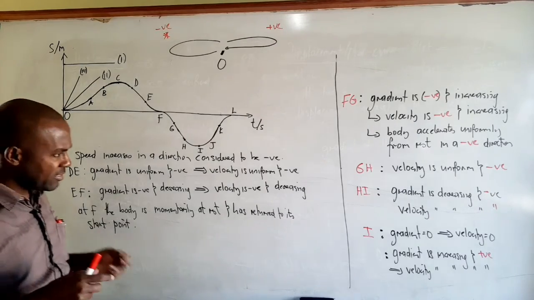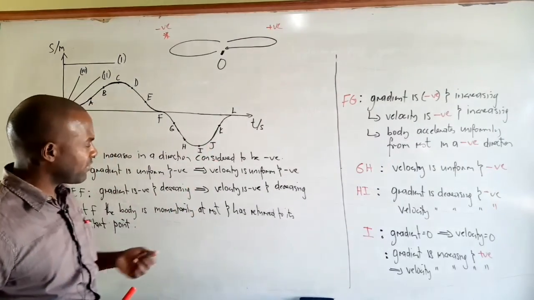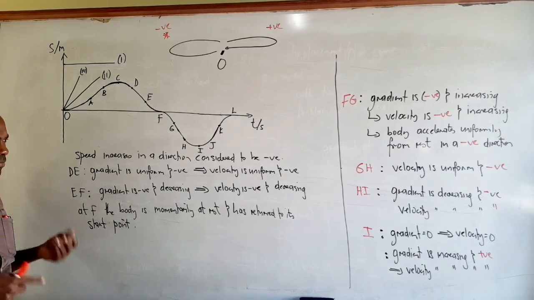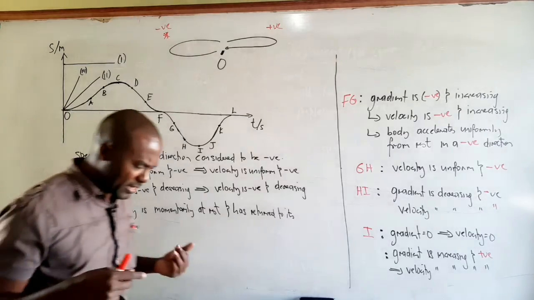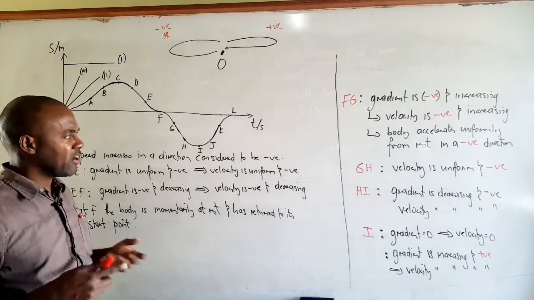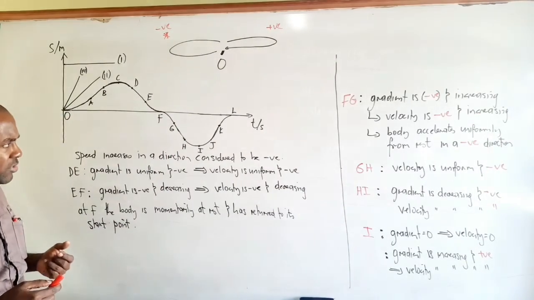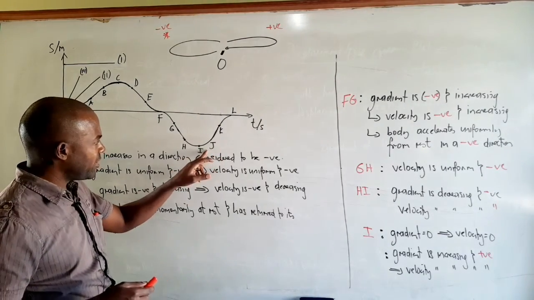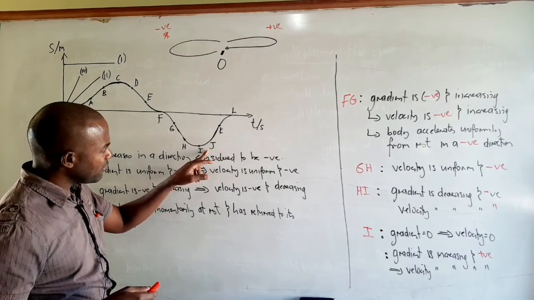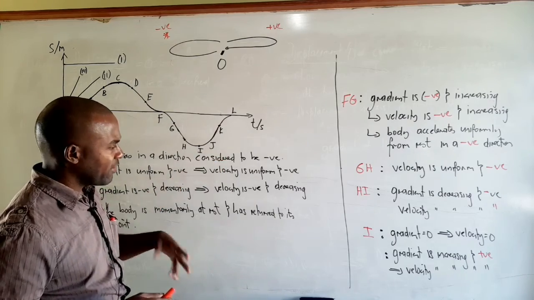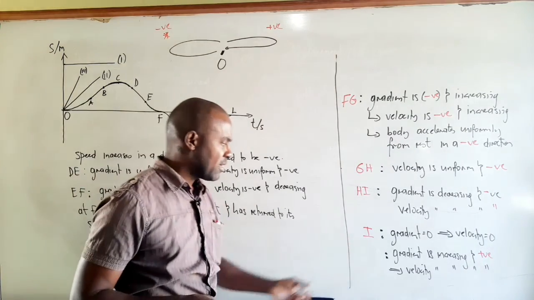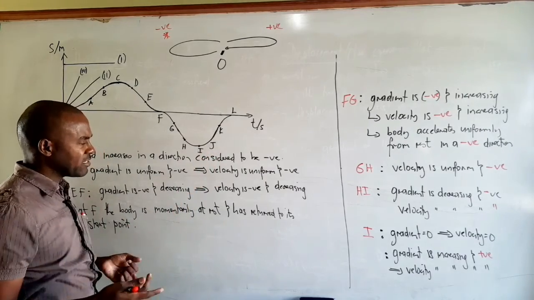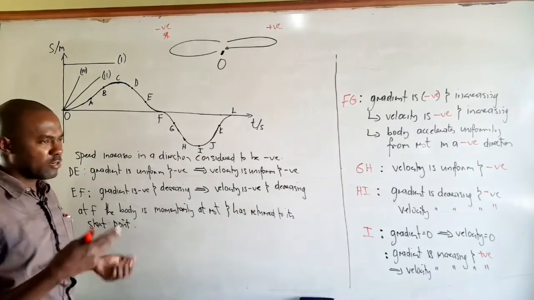Now we know that any change in a body's velocity is an acceleration. So between I and J, where the gradient is increasing and positive, the velocity is increasing and positive, and therefore the body is accelerating. So the body's acceleration is